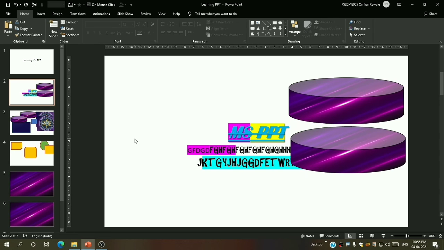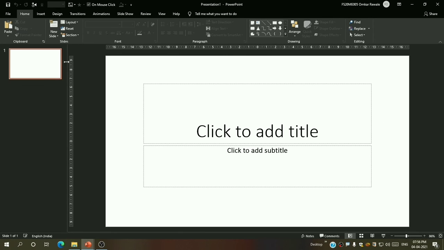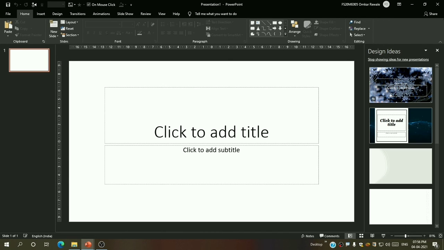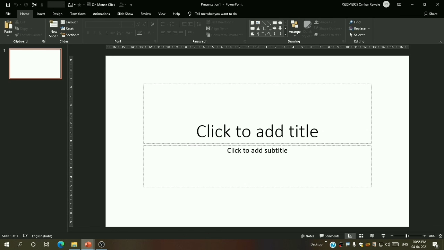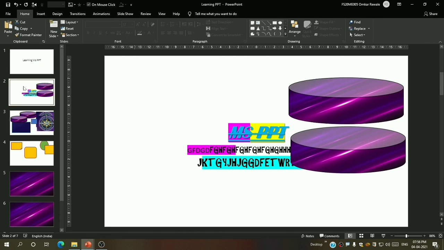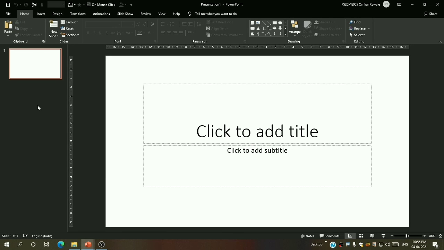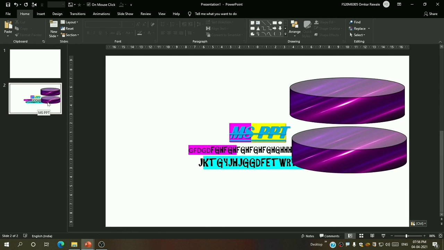So what is the shortcut for a new presentation? It is Control plus N. See, new presentation is open. Let me go in the previous presentation. Now I will select this slide and press Ctrl plus C. I have copied this slide. Again go here and now I will press Ctrl plus V, and you can see the slide is copied over here, right? Okay. See, you can also get paste options for the slide also.